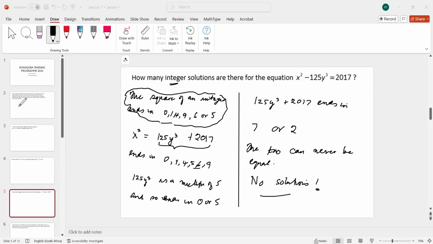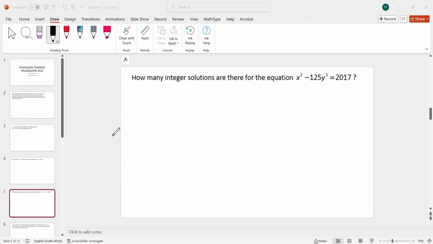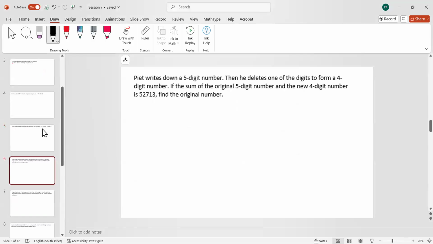See, if you don't know that technique, then you'll be battling around trying to find solutions for this. You'll spend the rest of your life and you'll never get any answers. Why? Because there are no solutions. But mathematics tells you very quickly how to prove that there are no solutions. That's a nice thing. Now the next problem